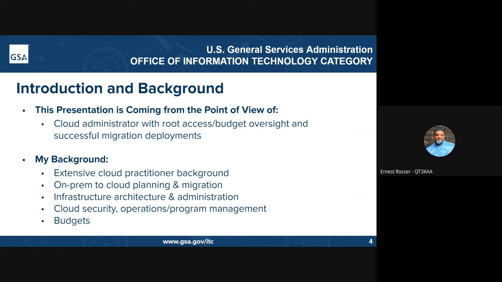I've touched on all aspects of cloud security to include getting authority to test, getting authority to operate, and the yearly audits that come from that ATO to remain in compliance. Operations program management, as well as budget. You have to know how to manage the cloud budget because it's easy to get out of hand very quick. We all know that one administrator who is driven to get things done and ask for approval later. That can prove costly in the cloud.